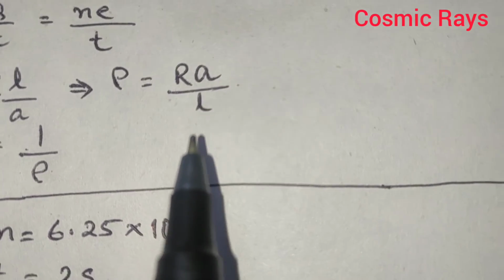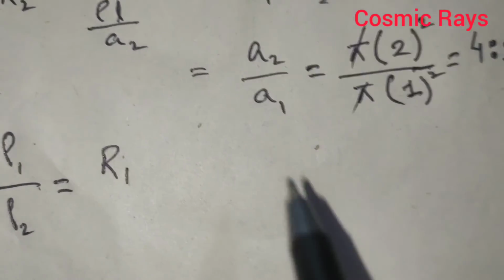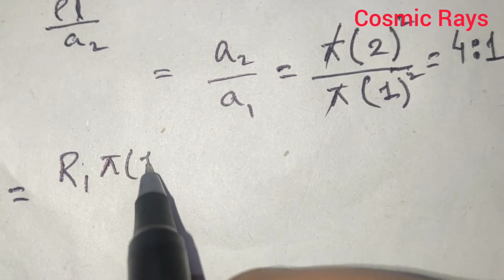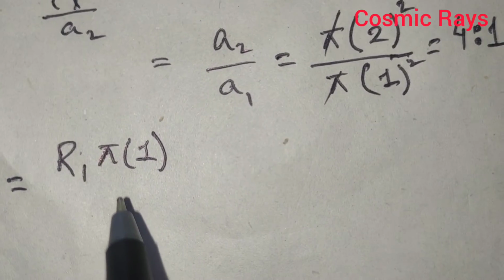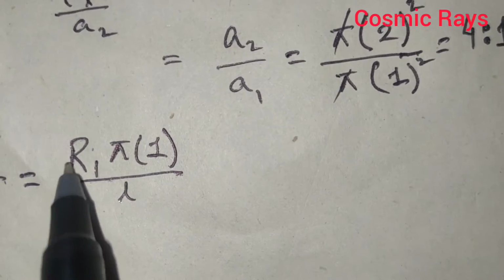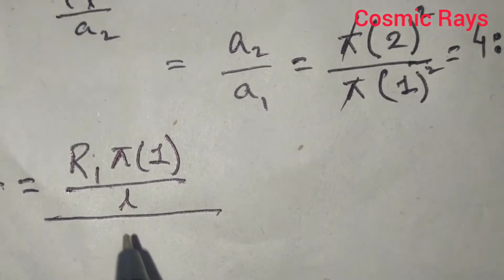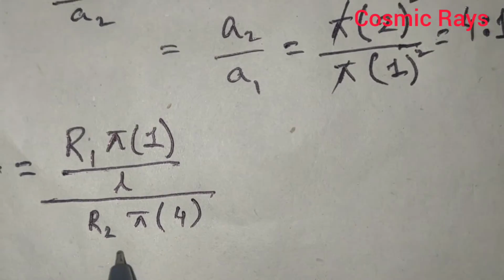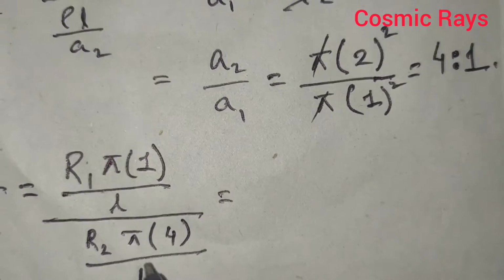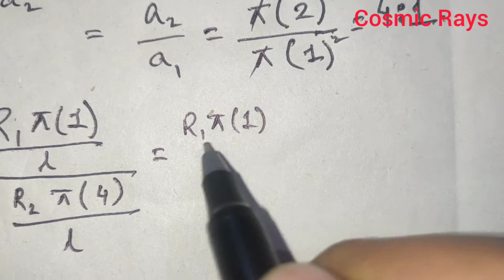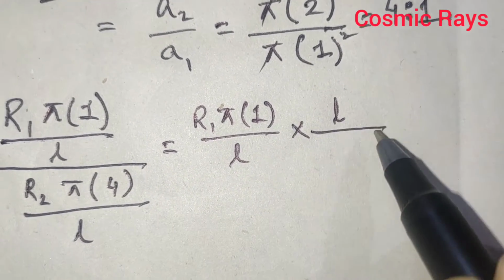Now we will be using this formula, rho is equal to RA upon L. So I'm jumping few steps, I'm directly writing the value of A. So that is pi into R square, so 1 square will be 1 only, divided by L. This is for rho 1, and for rho 2 we have the value R2 pi 2 square, that is 4 by L. So if we cross multiply, we will get R1 pi into 1 divided by L multiplied by L